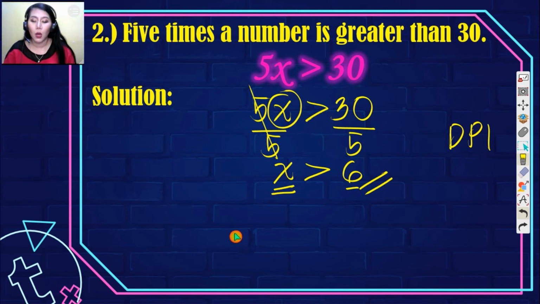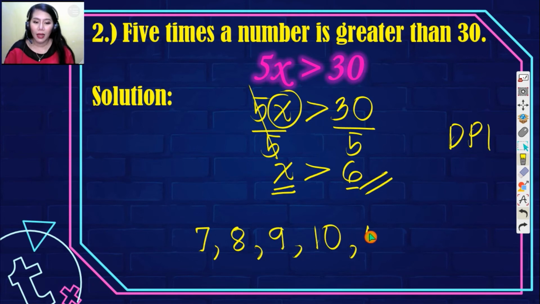So, therefore, we're going to have, ilista natin, mataas kay 6. So, kung mataas kay 6, hindi kasama si 6. Kasi si 6 ay hindi naman mataas kay 6. Ano ba ang sunod na number na mataas kay 6? We have 7. Okay? Tapos, papunta tayo sa kanan. Okay? 8, 9,